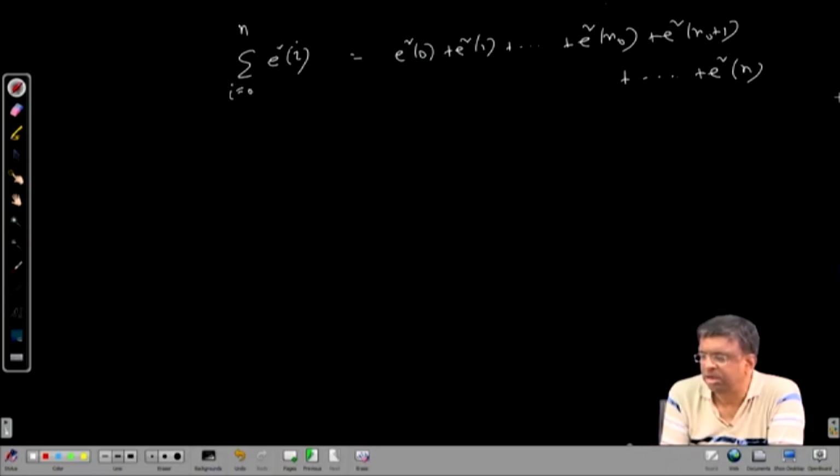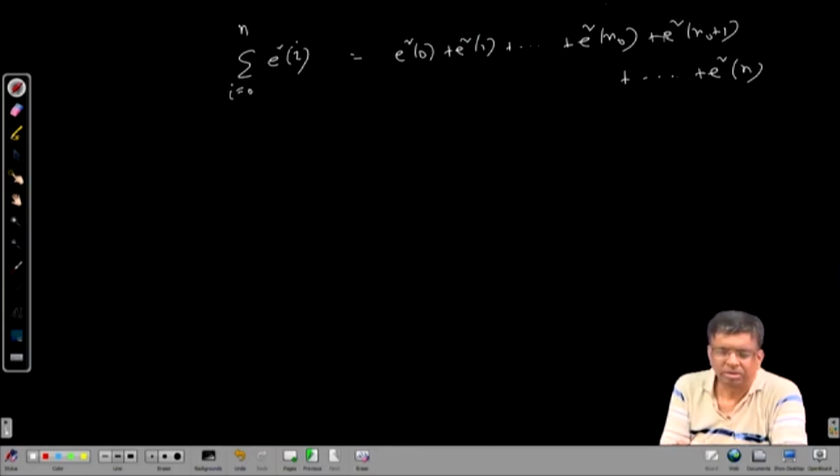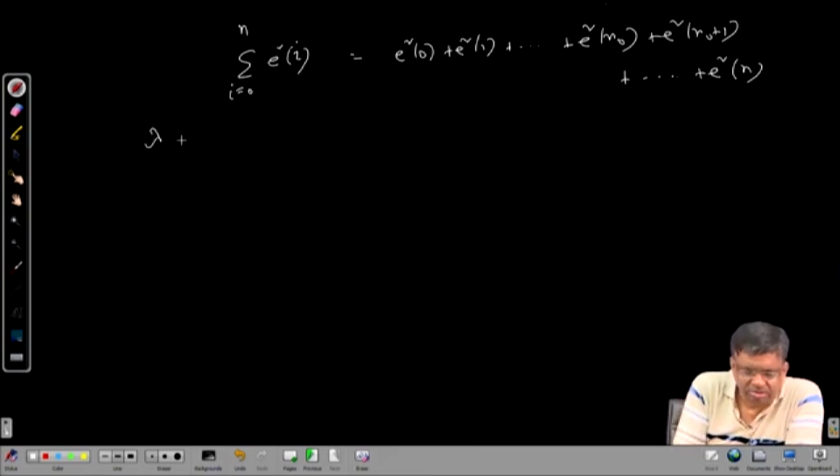So, the contribution from the right hand side of n naught is much larger than the contribution here, because here the length is only 0, 1 up to n naught, while here it is n naught plus 1 to n. So, if this size becomes very long because n is very large, then the overall sum will be dominated by this side, which is fine. The past is almost forgotten. But till that happens, there is an intermediate transition range when there will be error, when some contribution from the past and some contribution from the present get mixed up. To avoid that, we introduce a forgetting factor